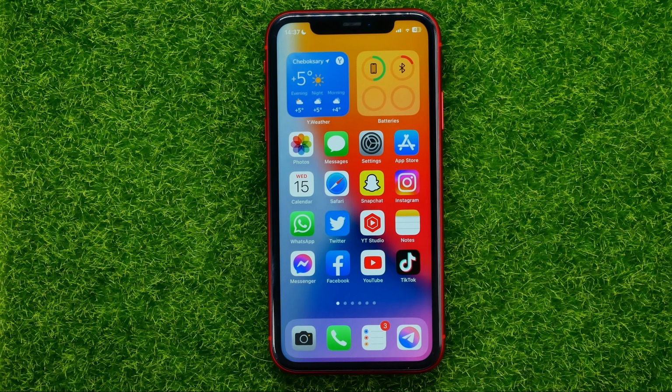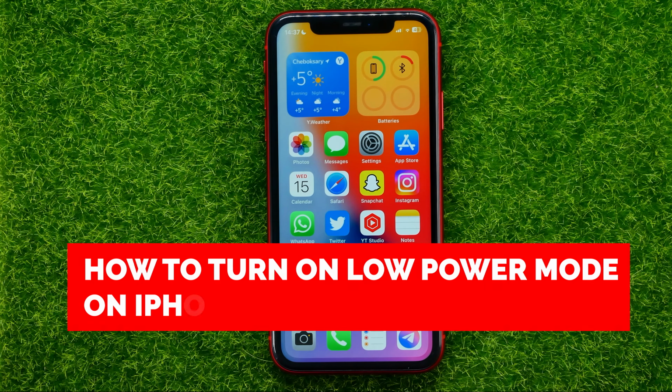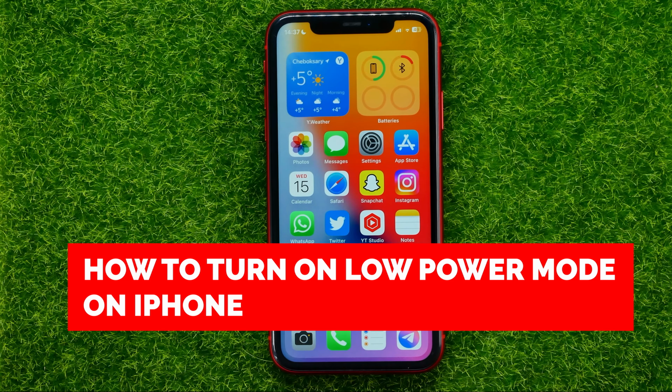In this video, I'm going to show you how you can easily turn on or off low power mode on